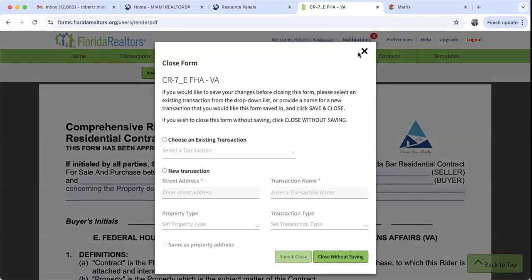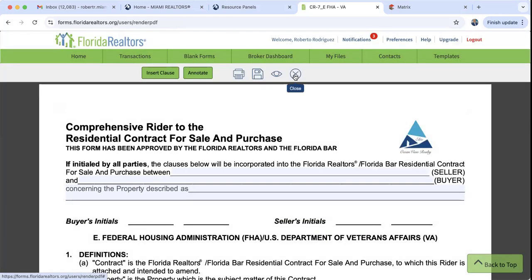Is there any instance where, with the FHA, I know they have their own appraisal, but let's say the seller had an appraiser as well, and it came up with two different prices? Has that ever occurred? You need to understand with FHA appraisals that, let's say this house is for sale at $500,000 and the appraisal comes back at 450. Now, any offer that is FHA that comes to the seller needs to be at 450 or lower,